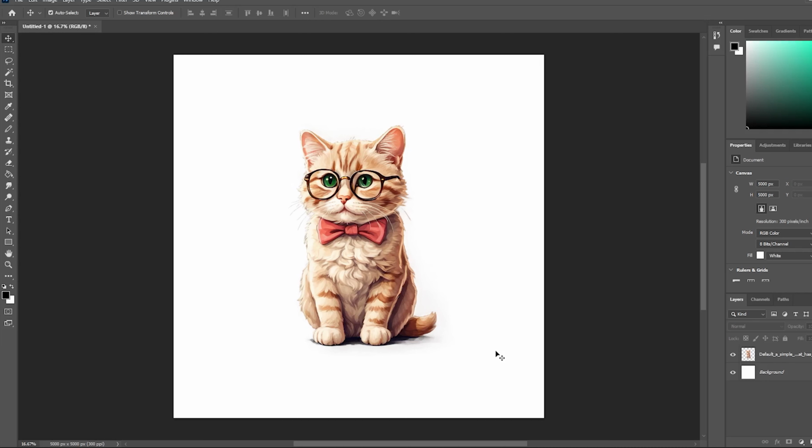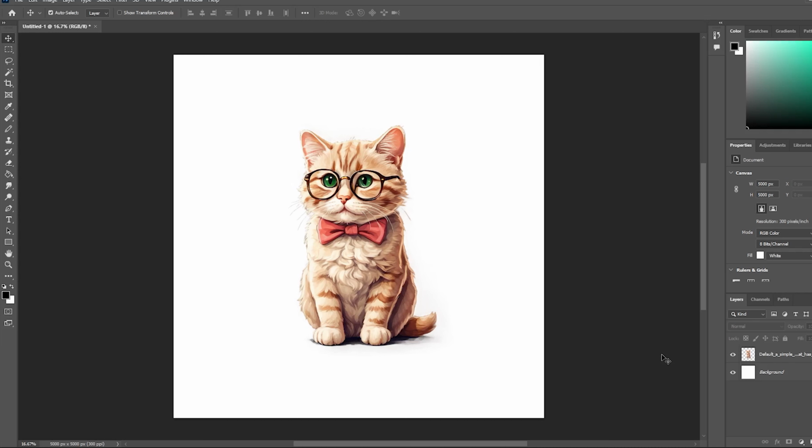Adding a drop shadow in Photoshop is one of the easiest special effects you can do. Thanks to a tool called Layer Styles, you don't have to manually paint in any shadows. Photoshop does it all for you. And here is how to add a drop shadow in a few simple steps.